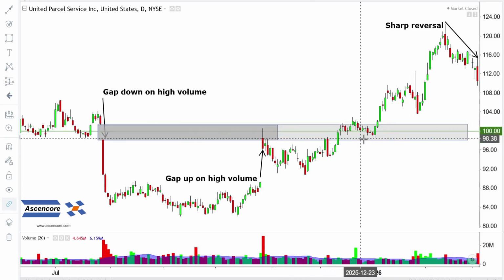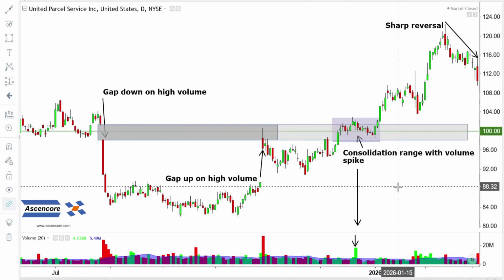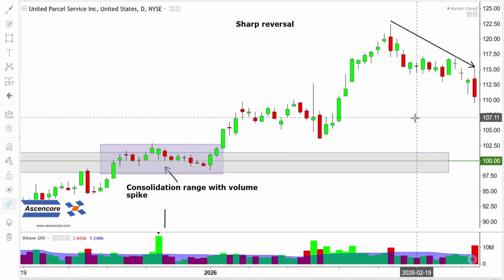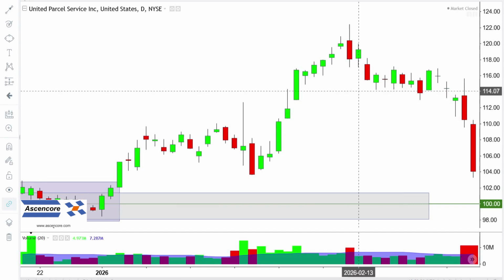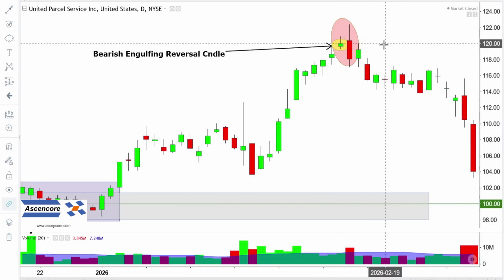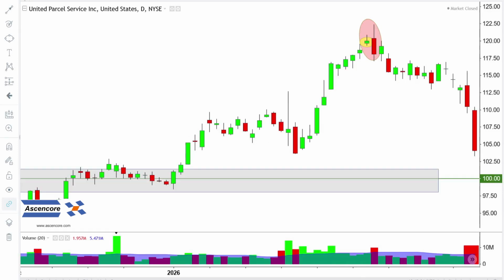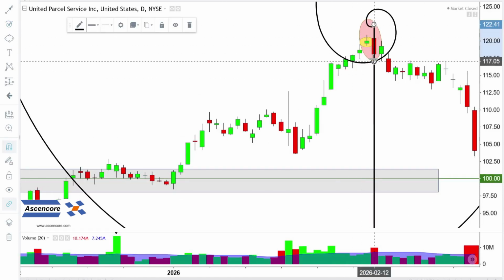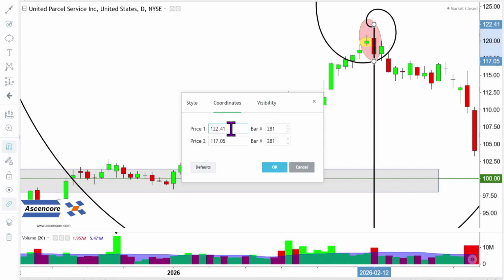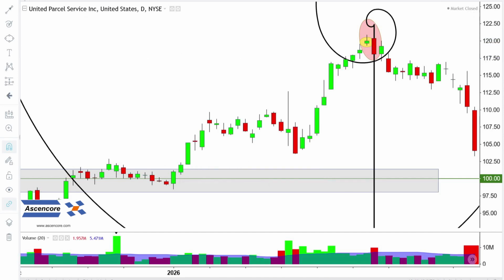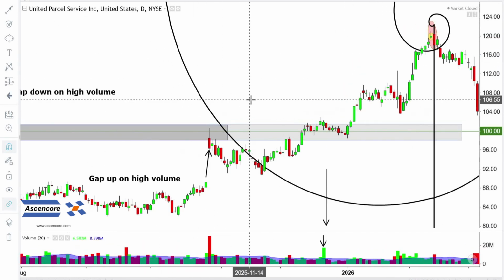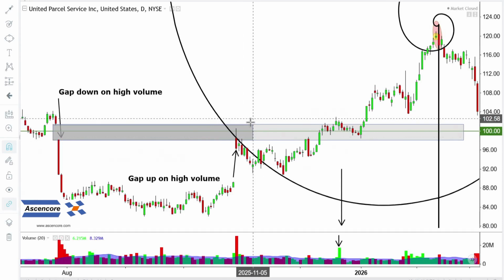in the past, with the gap down and later gap up around the same range near the 100 level. And oh look, the peak downswing of the current bearish reversal originates from a bearish engulfing candle pattern. How convenient, price 1 and 2 of the spiral can go on the high and low price of the bearish engulfing. Scroll in and out, try to get the spiral on a prior reversal point, the more significant the better,